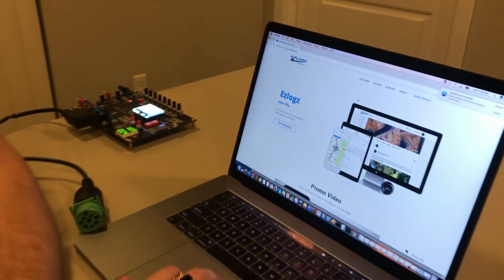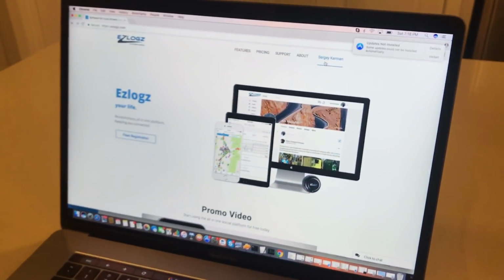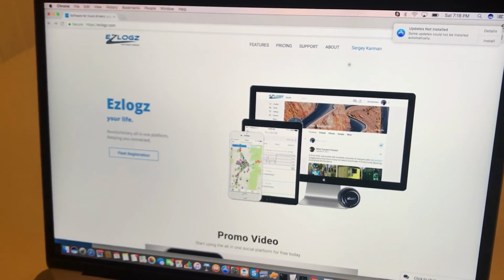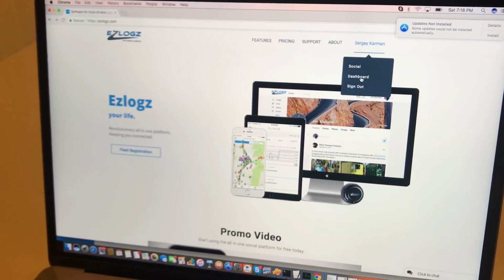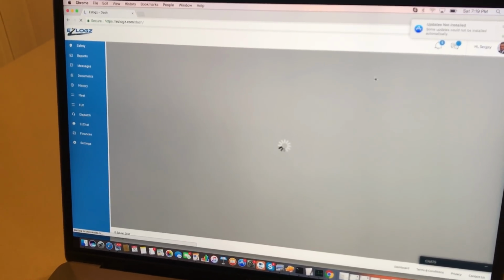If you're not registered, you need to go and create your fleet. If you have a fleet, you need to log in. If you're logged in, click on your name, then you want to choose dashboard. After you choose your dashboard, it will open up right here and you will have